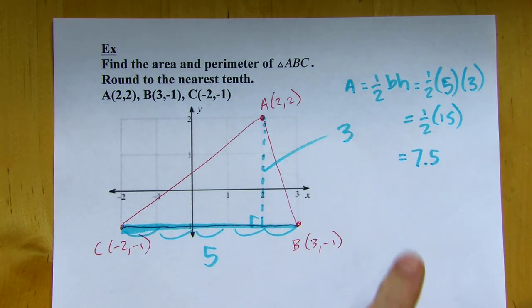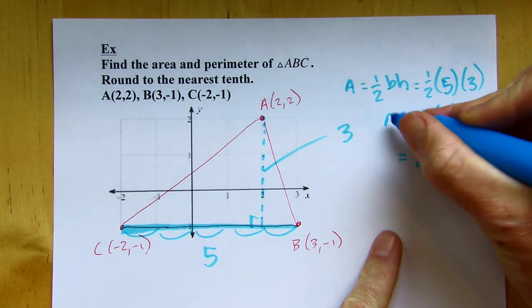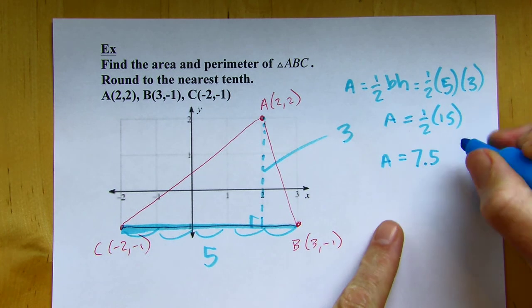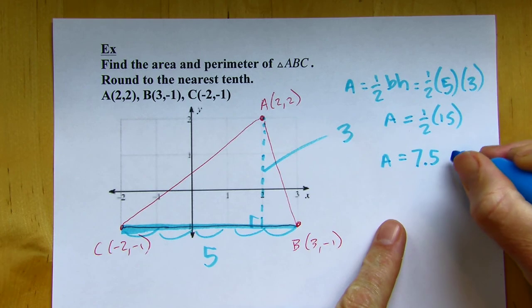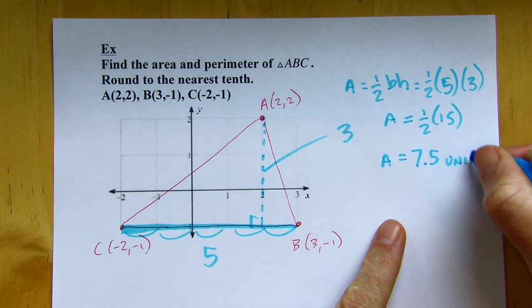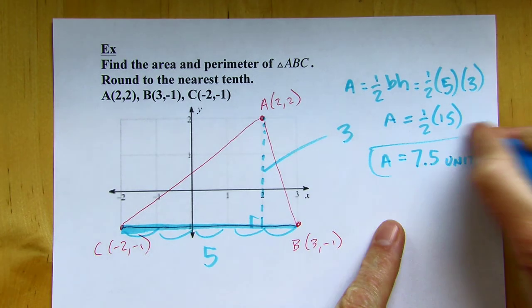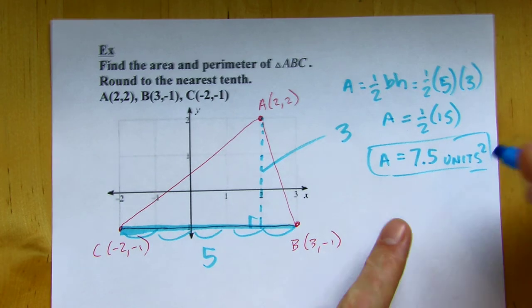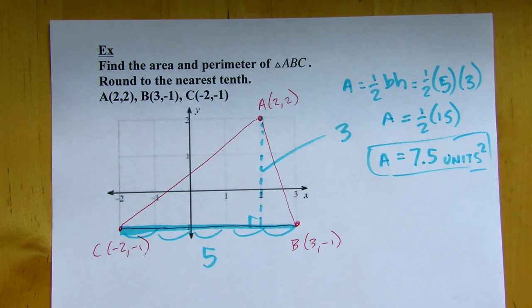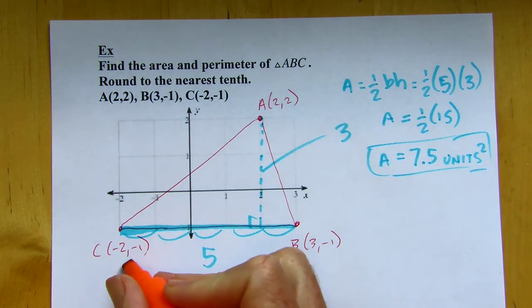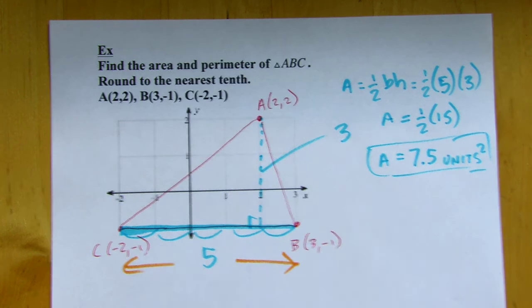And I don't know the units here. This is my area. But I know they're square units, so I'm going to say 7.5 units squared. Okay, so halfway done. We get the area done, but we still need the perimeter. I'm going to use this as part of my perimeter, but I still need the other two sides